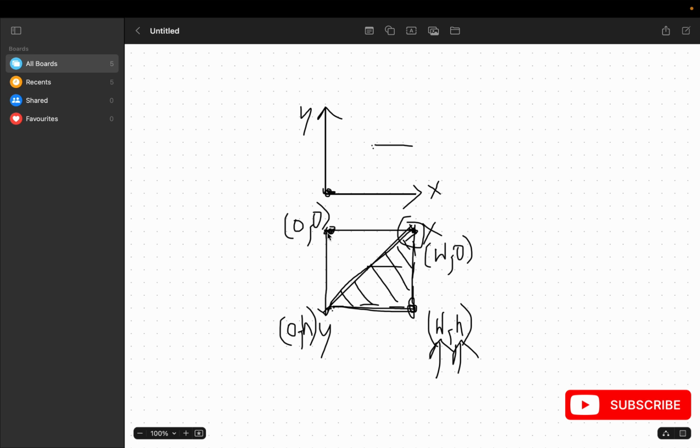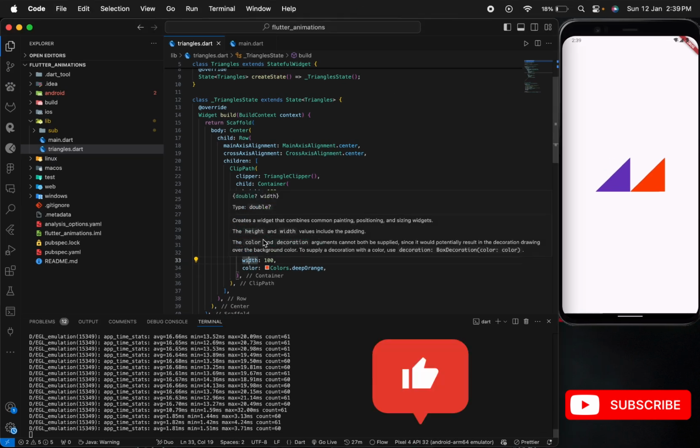So first, to do that, we have to start from here. The second container of ours will be somewhat like this, right? So what we have to do to create that triangle is to start from here and then travel from there to this point. So from the top left corner we have to go to the bottom right corner, and then from the bottom right corner to the bottom left corner, and then again to our top left corner, and from there we do not have to close the path. We can call the close function from here too, because ultimately it will take us to the 0, 0 coordinates. Okay, so